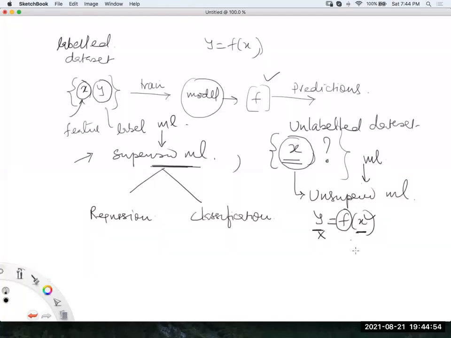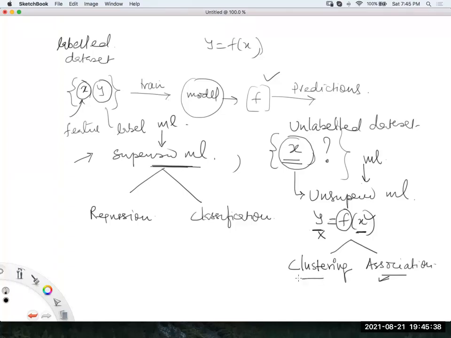In that scenario, guys, we can perform two activities. One activity is known as clustering, and the other activity is known as association. As of now, I'm not going to put too much focus on the association part, but this particular subdomain of unsupervised machine learning is primarily used by e-commerce companies or OTT platforms to build a recommendation engine or to improve the customer experience in a retail store. That is a very interesting domain, but obviously we can't cover everything in just 2 days. So that is the case.